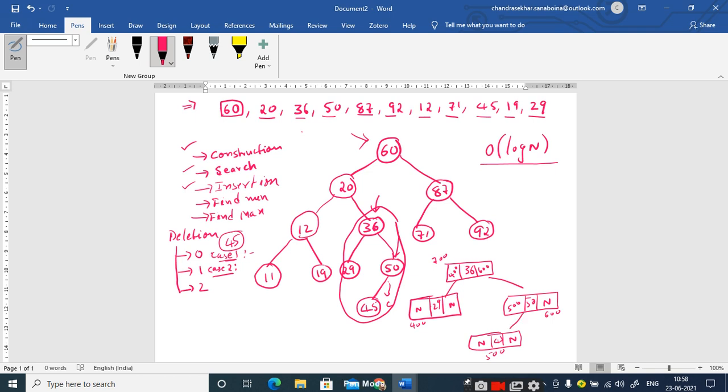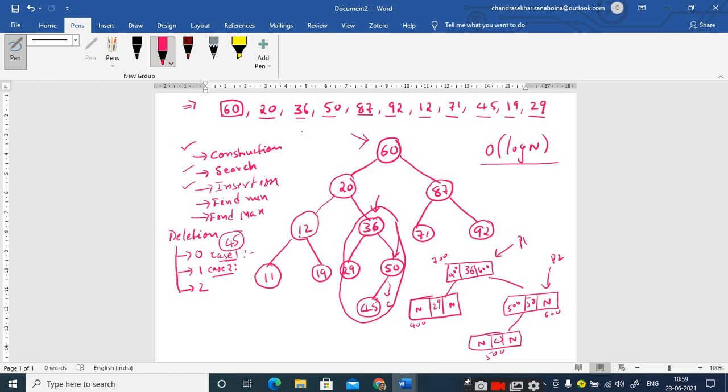Yes, sir. So if I want to remove 50, I should have a pointer P1 pointing to the parent of 50, and another pointer P2 pointing to the node 50, right? In such case I can simply make the right address of 36 overwritten with the left address of 50.